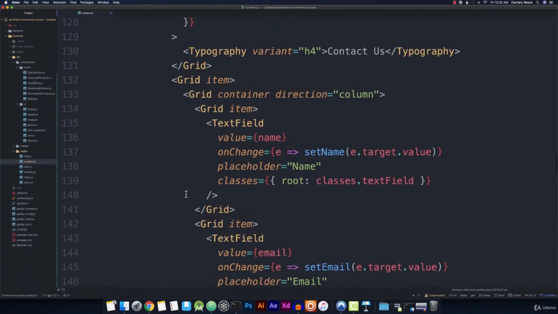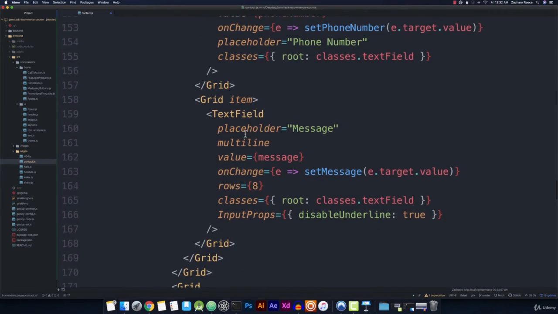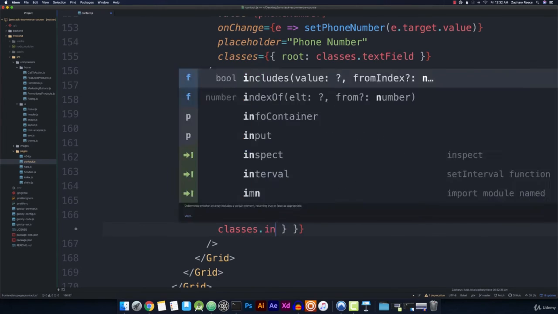And so now, where we're previously here on the multi-line field, we're using input props to pass disable underline true. We also, add a comma after that, need to pass the classes prop down to the input. So input props will pass classes, and then set that equal to an object. And then we will specify the input for the input class, and we'll set this to the classes.input